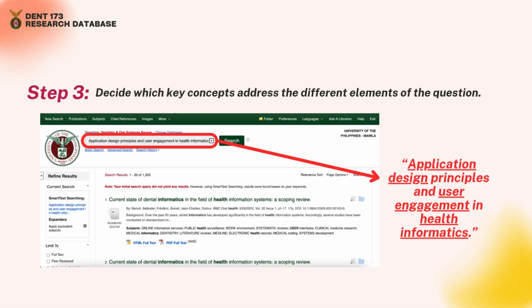The next step is to decide which key concepts address the different elements of the question. The topics of the desired articles are referred to as key concepts. Key concepts create elements in the search strategy when put together. This may or may not follow the patient, intervention, comparison, outcome, or PICO structure or any other related structure, which